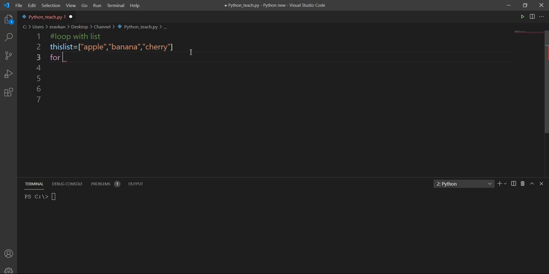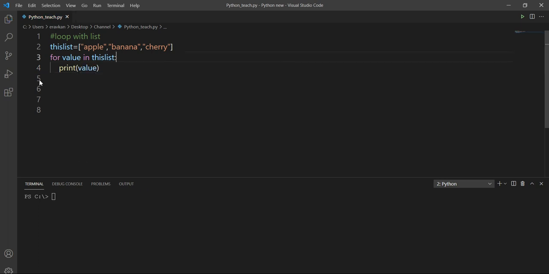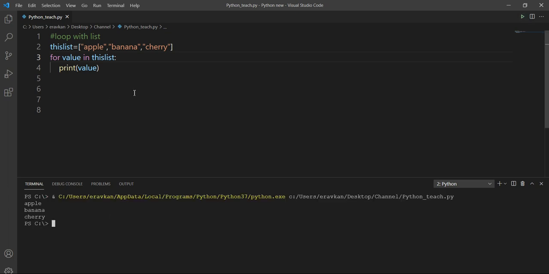If I want to loop, I can write anything, x, i, j or anything you feel like, for value in this list, print value. It is a very simple way. One by one, first the value will contain apple, then banana, then cherry. So by the for loop you can print each value one by one. This is a very simple use case.